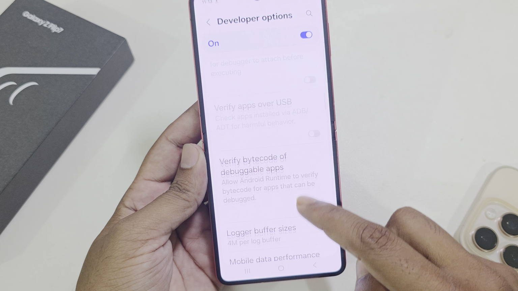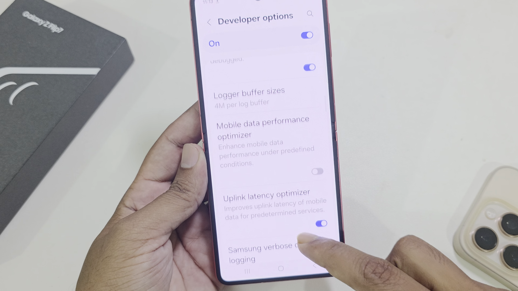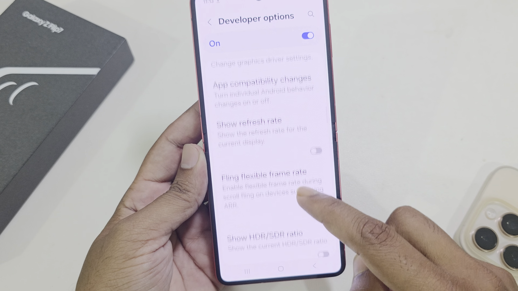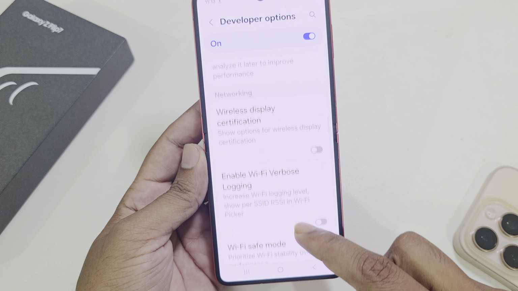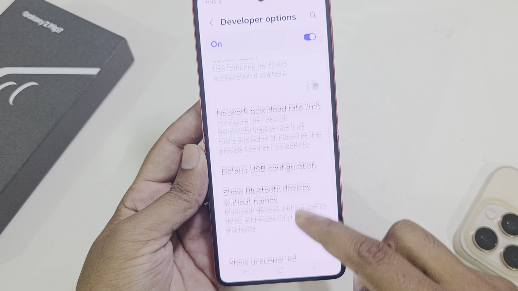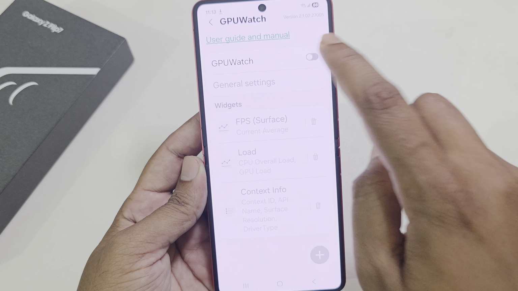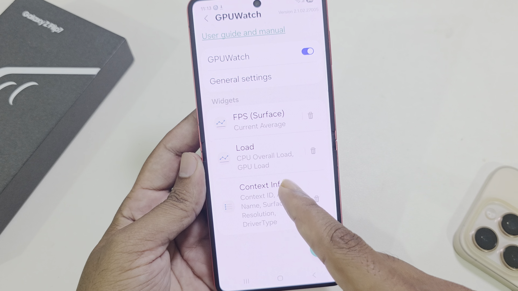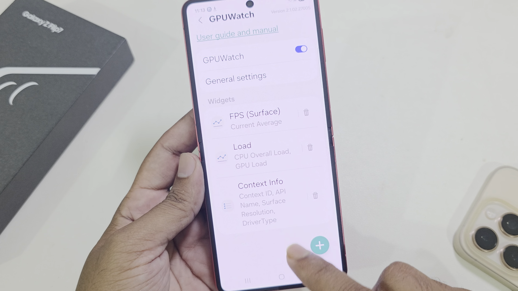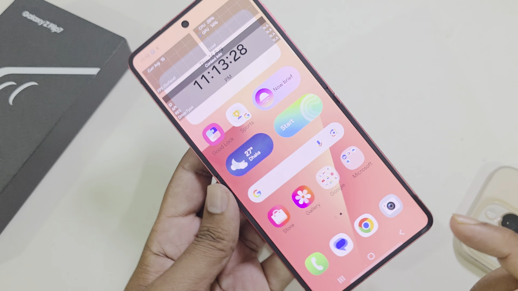Now go back, then you can see the Developer options. Go to Developer options and find out the GPU. Scroll down. Here it is, GPUs. Press on GPUs. Now enable this option. Now FPS loading or contact info, and if you go back, then you can see it's